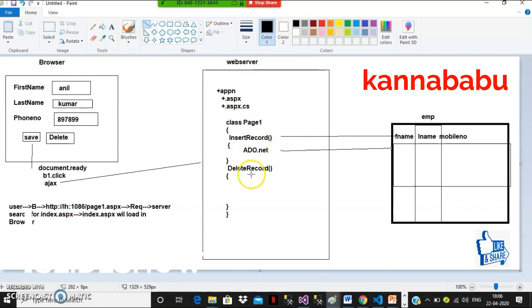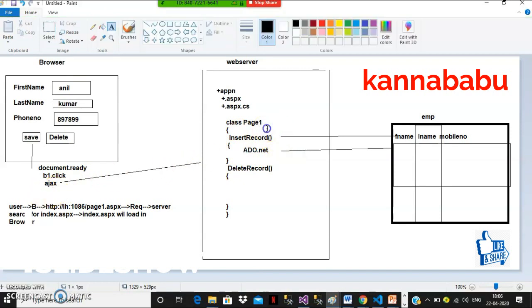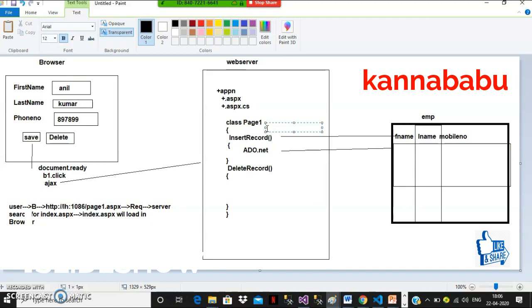If you want to display the result as text, a single value can be converted into text. Multiple values, an object or a collection, are converted into JSON. The result of the server side method is the input for this Ajax function. But this insert record method also asks for input, employee details. So we need to pass the input as an object or some text, some parameters for this method.